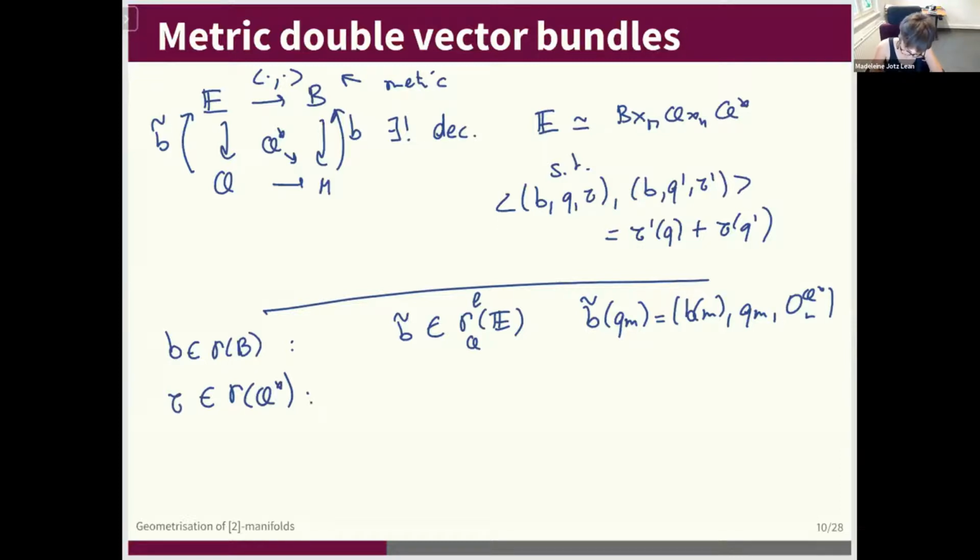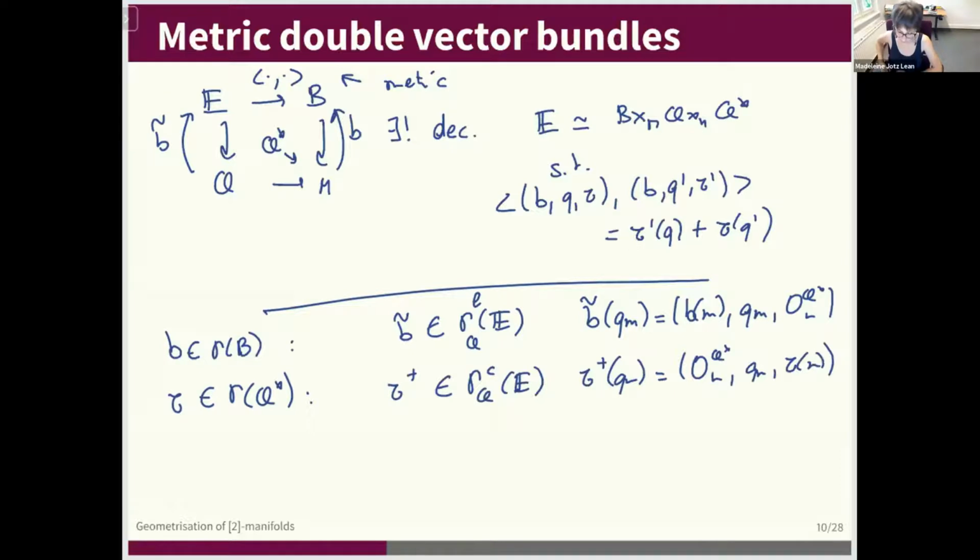but this time with a section of Q star, you're going to get another type of special section, which I call core section. It's adding core elements somehow, very simply add the Q's. So you just do the same construction. So each section of Q star here of the core will give you a special section of E over Q. And when we look at those sections, so the linear sections, again, I say those B tilde are